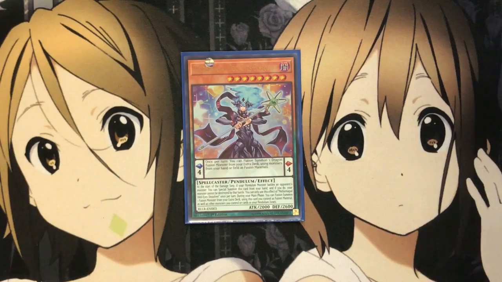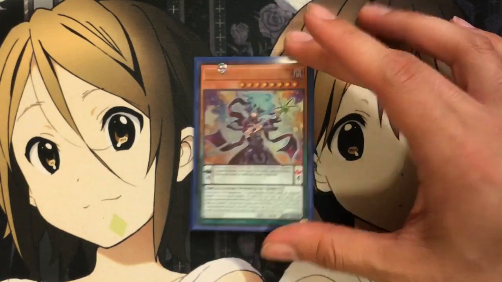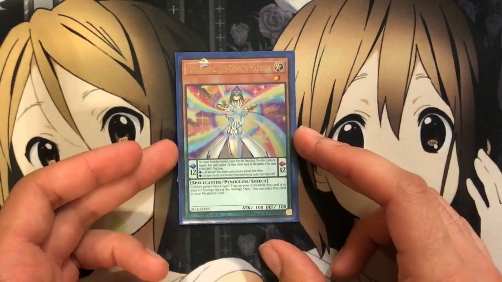During your main phase, you can fusion summon one fusion monster from your extra deck using this card you control as a fusion material, as well as other monsters. So it's just another fusion option with a pretty easy special summon effect that I like to get off as well. And this is the one card that, like I said, I'm just trying it out, and I probably am